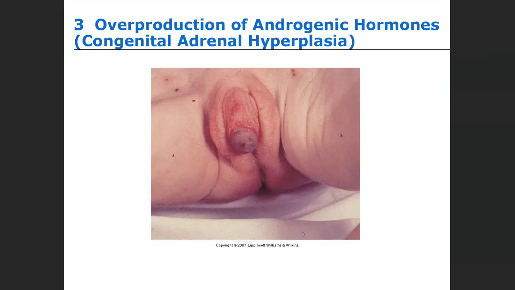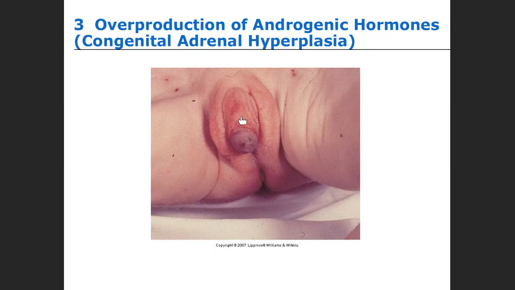So if you look at someone who has congenital adrenal hyperplasia, see this right here, it looks like this child has a penis, but it's not. It's actually a clitoris. Because there's a lot of testosterone, it stimulates this enlargement. And you know that this is a female because this is labia majora here. Underneath is labia minora. This is a female, but she has ambiguous